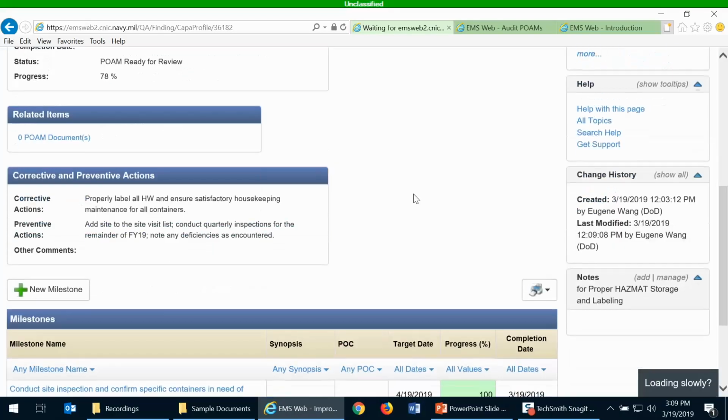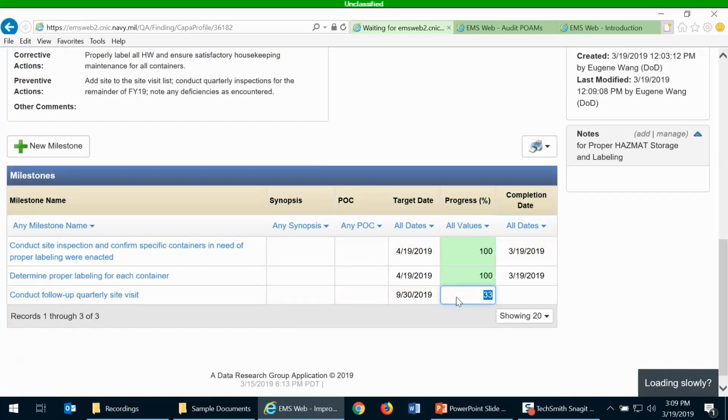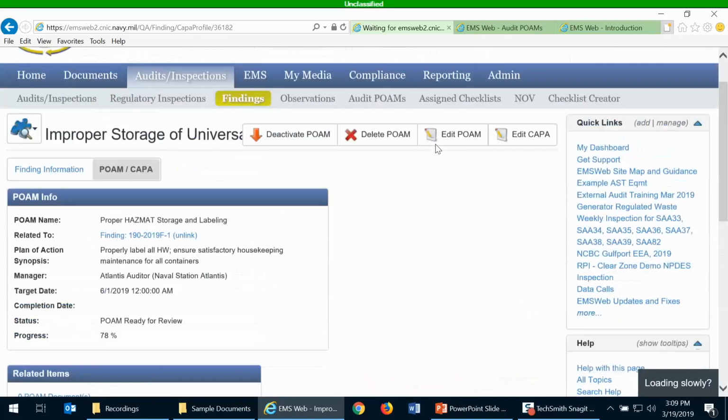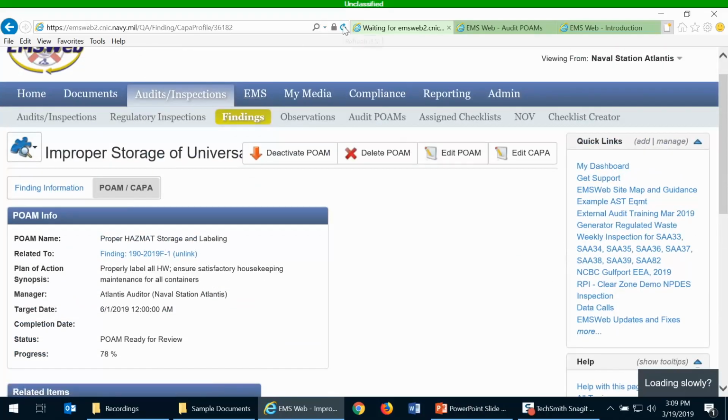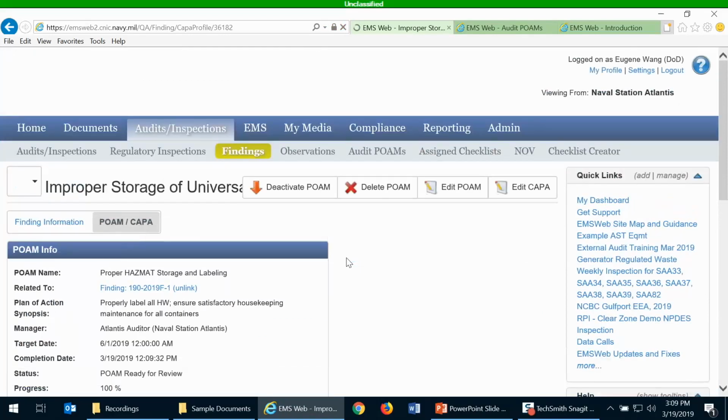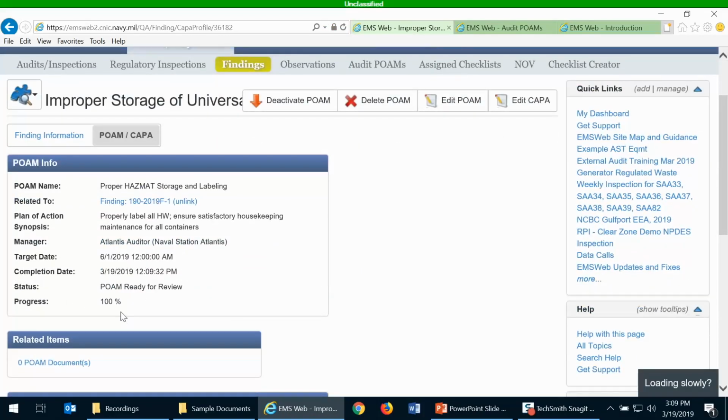When the progress gets to 100% complete, and let me do that by just updating this last milestone to 100%, and then the next time I come to this page or refresh the page, the progress changes to 100%, and